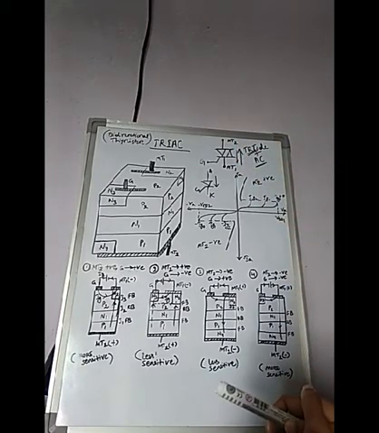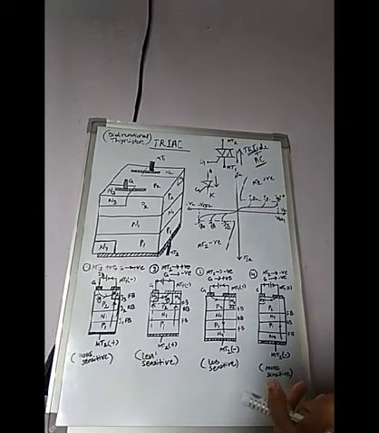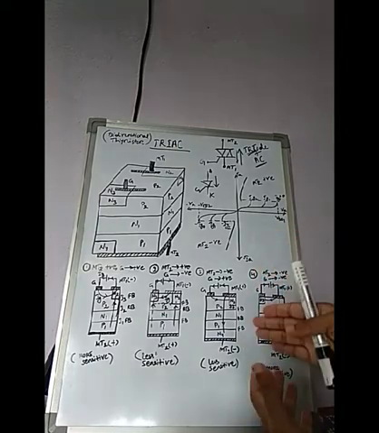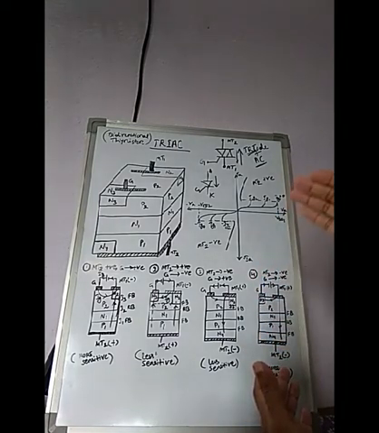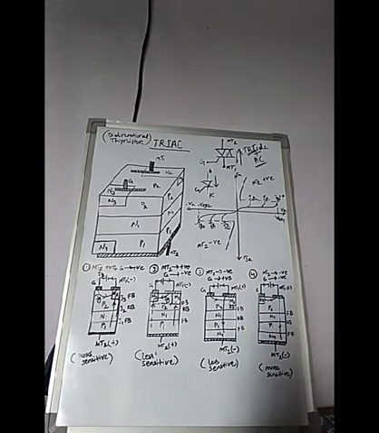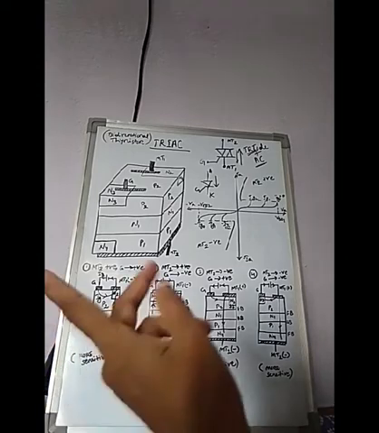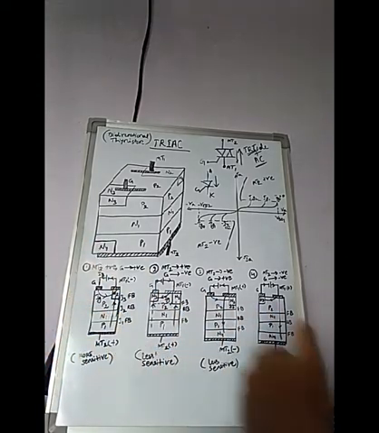This type of semiconductor device is mainly used for the control of power in AC circuits. These triac, diac, these types of semiconductor devices are mainly used for the control of power in AC circuits. This triac is equivalent to two SCRs connected in anti-parallel.